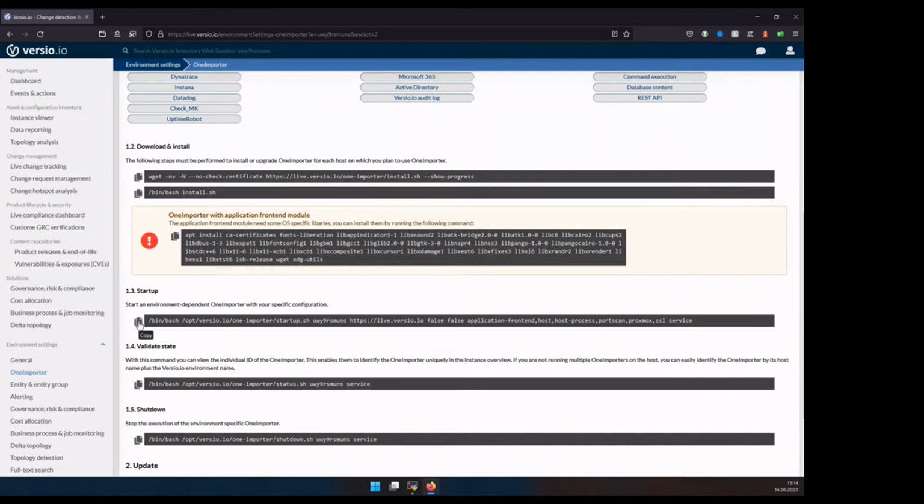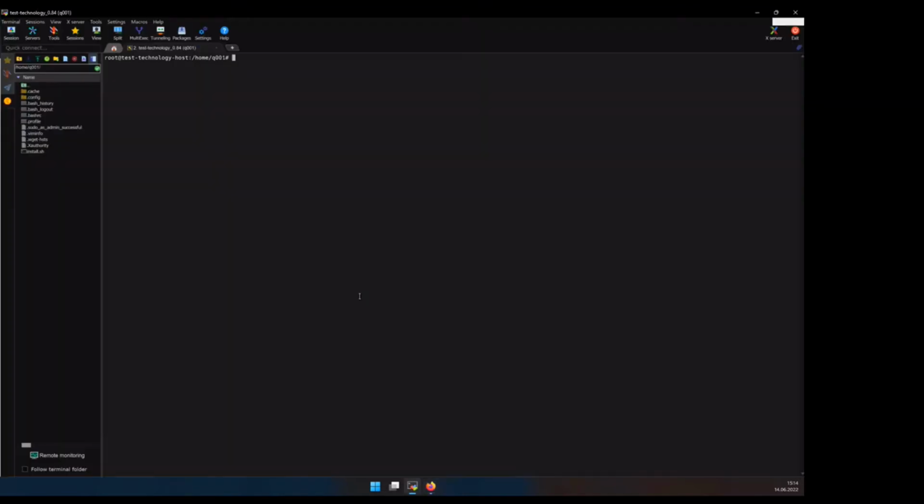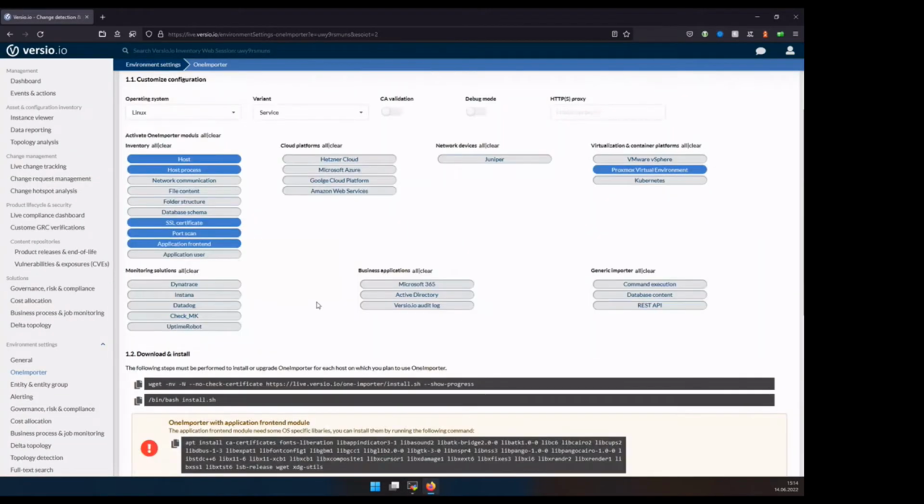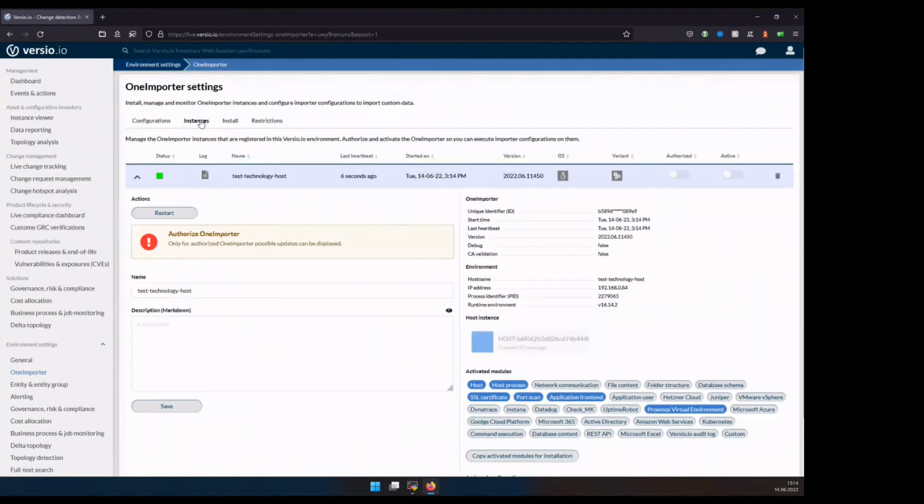We just have to take the startup command, it's just one line, and paste it into our console. We are logged into a Linux machine here, so we will just start it, and that's it. We can go back to Virtual.io, and now we should see that there's a one importer that is connected to